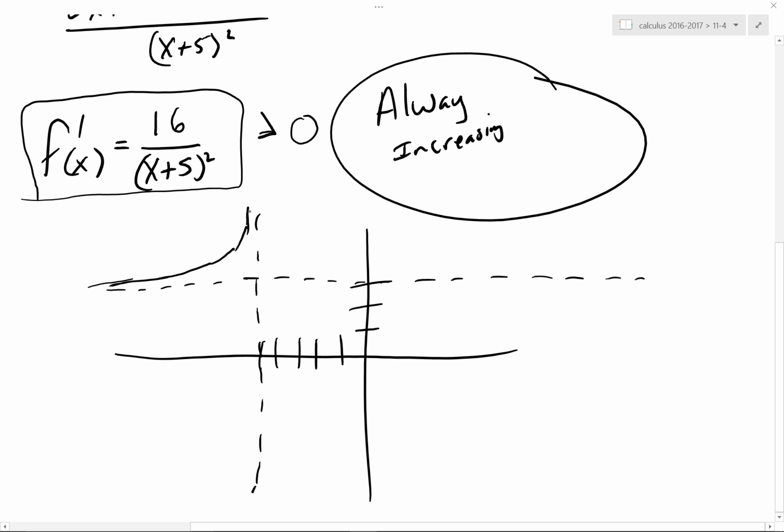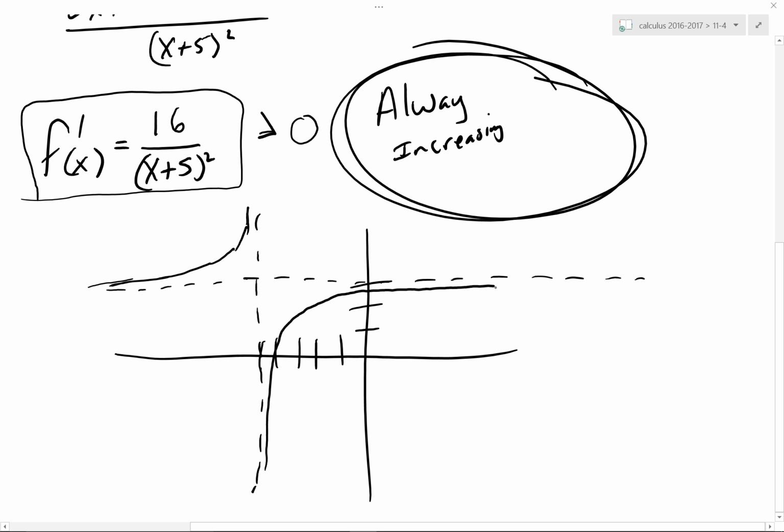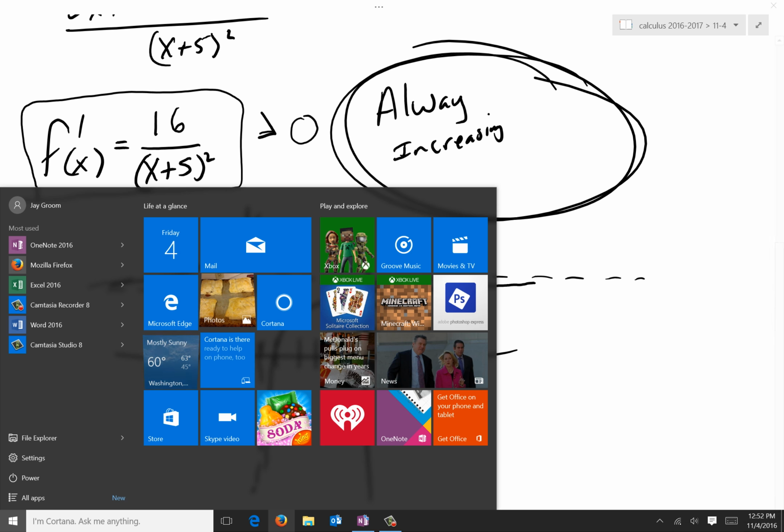It looks like this on this side. And what must be happening is either I'm coming down or I'm going up. Well, which is it? It's always increasing, so I better start down here, right? And head up. Am I always increasing? Yeah, I'm headed toward this line. Am I ever going to get there? No. I'm going to get awful close. Ta-da! If you were to graph this in Desmos.com,